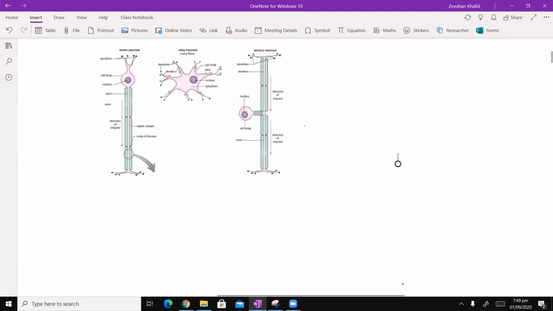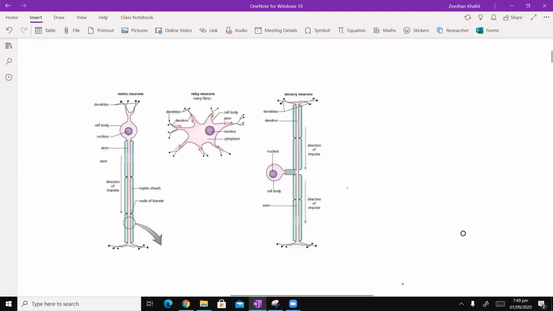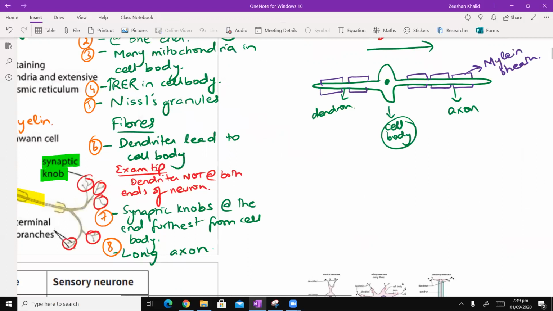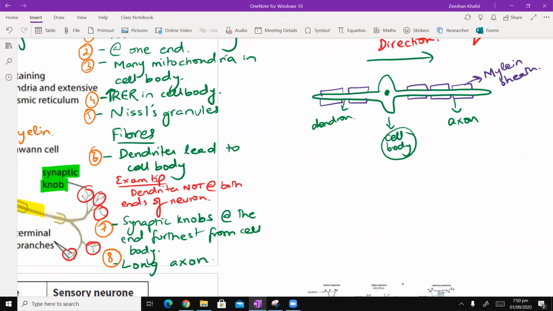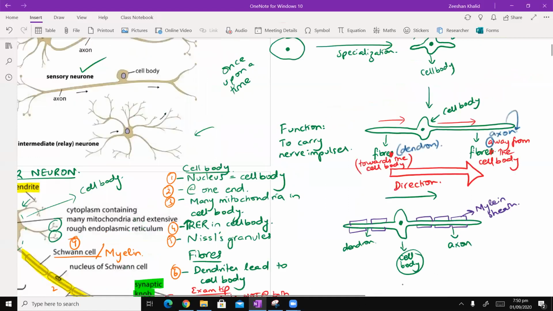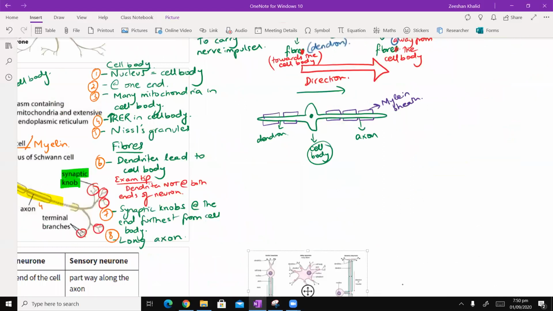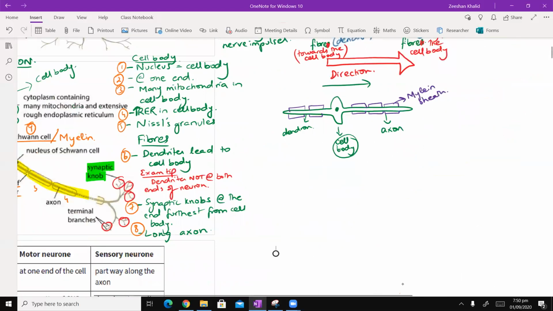चलिए, सर आपने एक लिखा हुआ है TRER, ये T से क्या बनता है? TRER नहीं है, it's RER, rough endoplasmic reticulum. वो TR नहीं है, वो एरो। The arrow is signifying more, they are more RER, it's not T, okay, you understand? अच्छा जी. वो जो ग्रेन्यूल्स हैं, उनके बारे में I haven't talked about in detail, उनकी डिटेल हम बाद में देखेंगे, वो मार्क्स स्कीम में क्योंकि उन्होंने एक पॉइंट दिया होता है, इसलिए मैंने लिख दिया है। I'm going to talk about them later, don't get over worried about that.